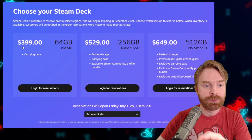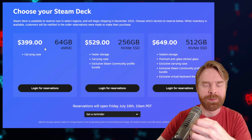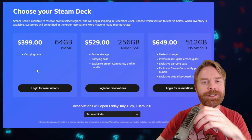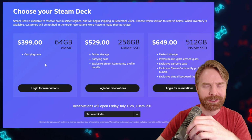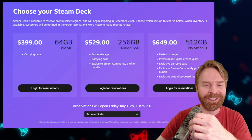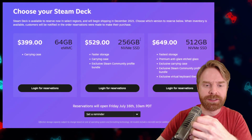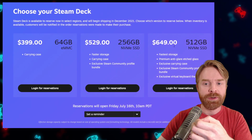The base unit is $399, and that includes the 64 gigs of eMMC storage. So this is $50 more than the Nintendo Switch, and it might actually be able to play Switch games here, which is hilarious. The middle version is $529 for the 250 gigs of storage, and the top tier version here is